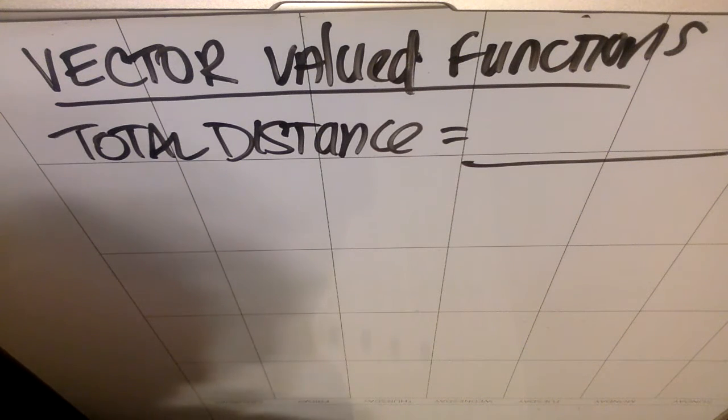All right, so we're going to do another little chat about vector valued functions. Right now we're going to talk about when you're asked to find the total distance. So we know in non-parametric, non-vector valued functions, when we're asked to find total distance, it involves essentially either finding